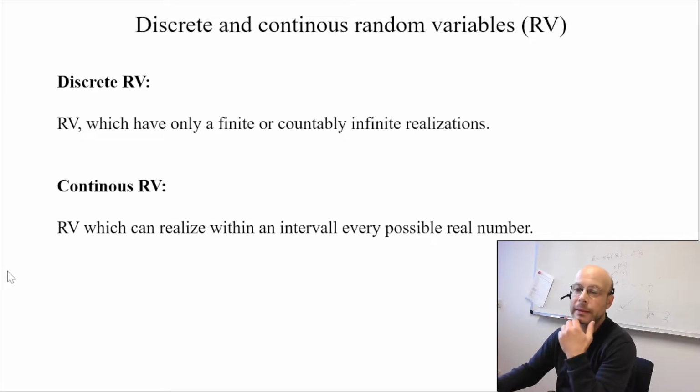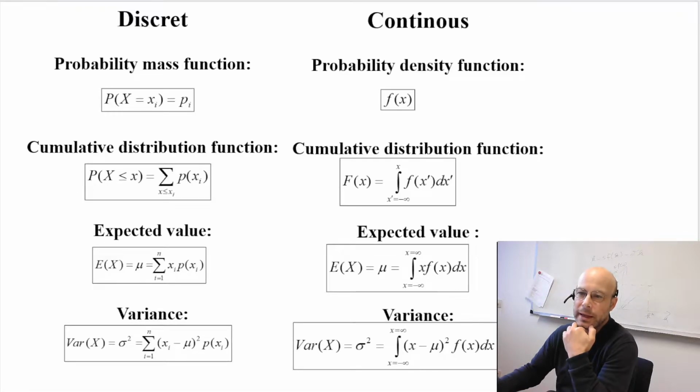then we have the distinction between discrete and continuous variables. And we, of course, are then interested in probabilities and expected value and variance, and these were the difference between a discrete variable and a continuous variable. That, of course, we have to go from summation to integration when we move from discrete values to continuous